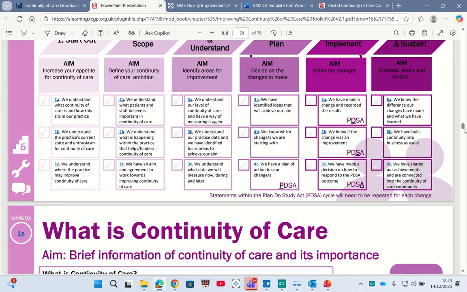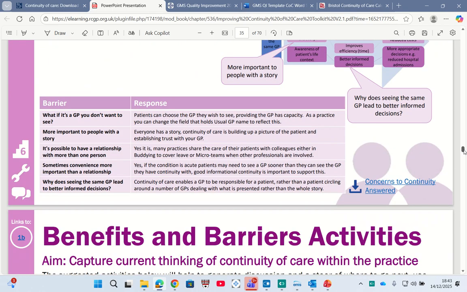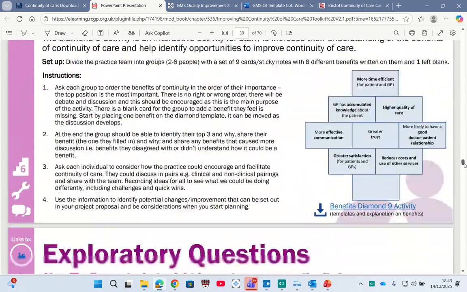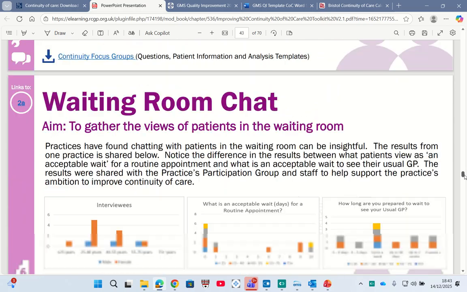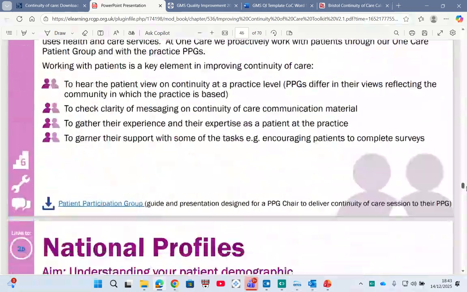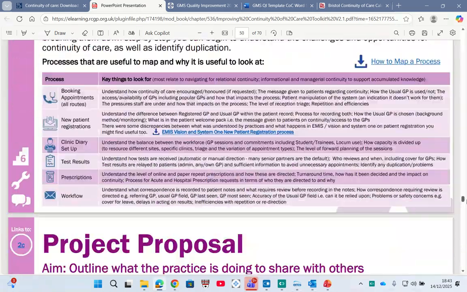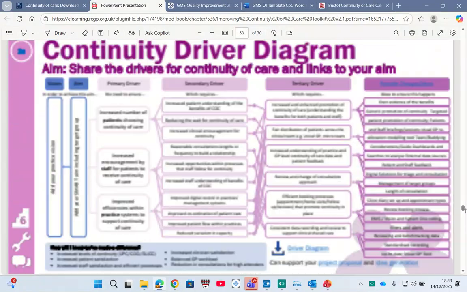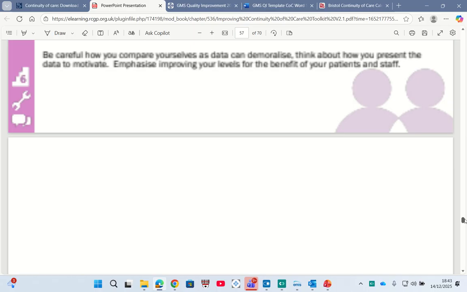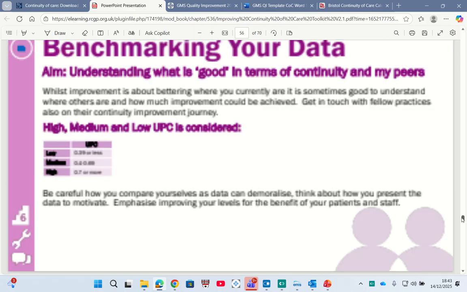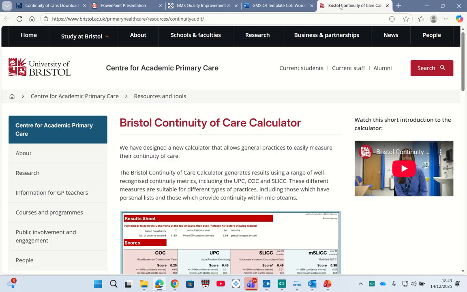Now, there is the usual GP tool that the RCGP tool recommends. I think this usual GP tool is very, very good. I was very impressed with it. It offers a very complex view of your continuity, and I'd suggest having a look if people have got an interest in these things. But the slightly simpler tool that we would like to use is the Bristol Continuity of